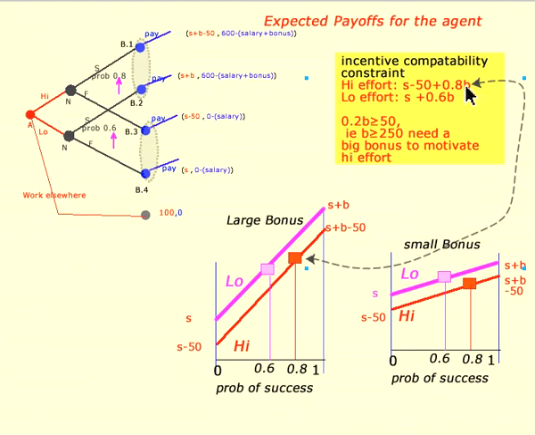the high effort expected payoff is along that graph, but it has that algebraic representation. The low effort expected payoff is along this graph and has this algebraic representation. For this to be bigger than that, we take this thing here and make it bigger than that, do some rearranging, and we come out with the bonus has to be greater than or equal to 250 to be able to motivate the worker to put in a large enough effort.